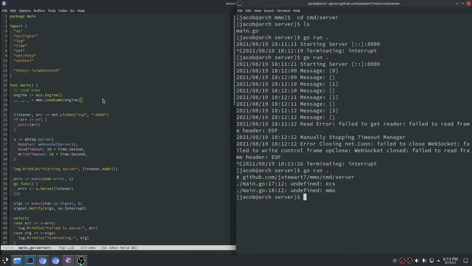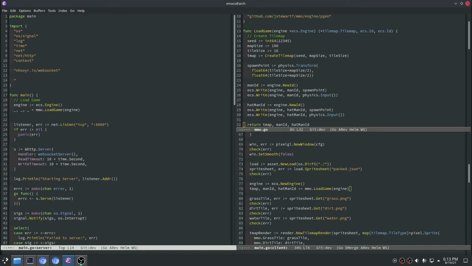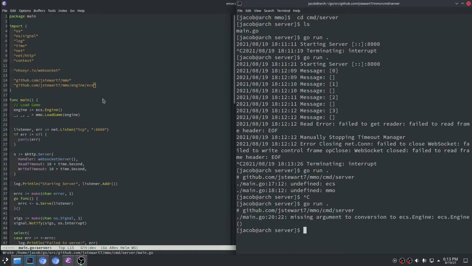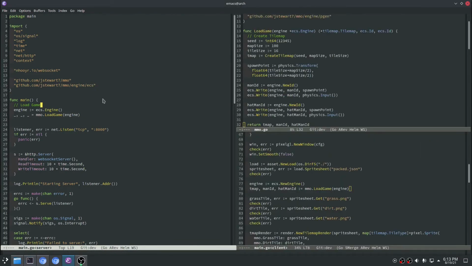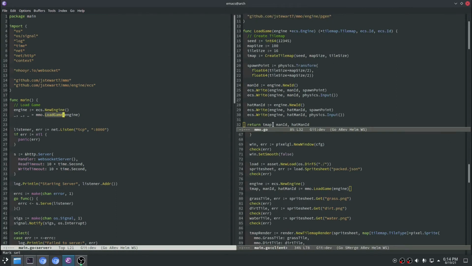Some ECS, MMO. Oh yeah. I literally haven't imported anything from our project. Actually, we need MMO, and then we need the ECS package as well. Conversion ECS engine. Is it new engine? There we go. Okay. So now we're loading the tile map and spawning the people, but we're not actually running